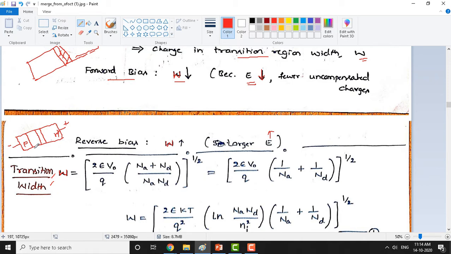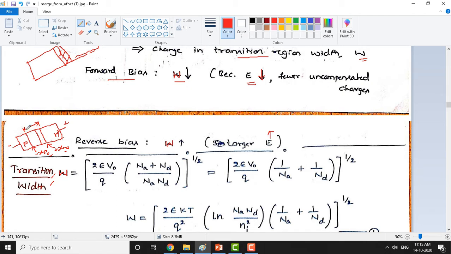So you can see the one side we have here. On the P side, what is the distance we call here? This point in a PN junction is minus Xp naught. This is the distance from the edge of the depletion region to the P side. What is this point then? Plus Xn naught. You should see the sign, plus Xn naught. Naught means it is at equilibrium, so that means we are not applying any voltage between these two terminals. Now this total distance between minus Xp naught and plus Xn naught is nothing but W.